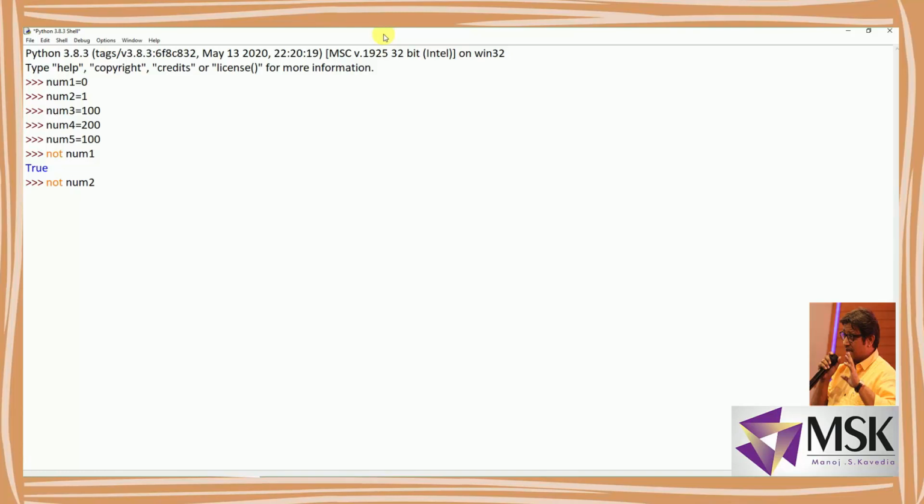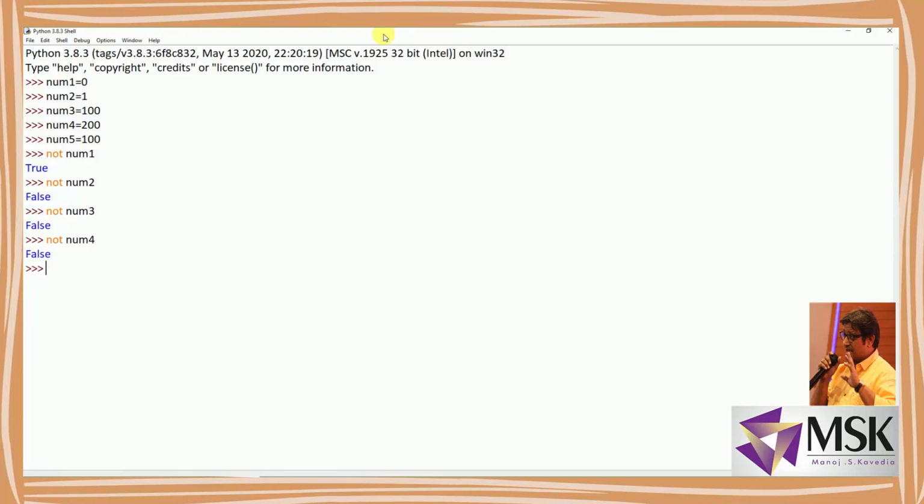So 1 means true, and not of true is false. Now if I say not of num3, it is giving false. Not of num4, it is giving false. This means only for 0 value it is false, and all the rest of the values are true.